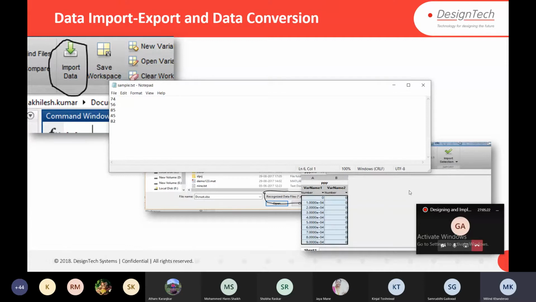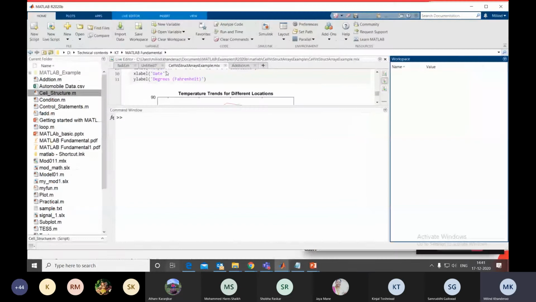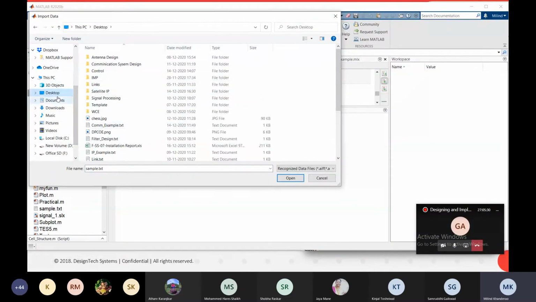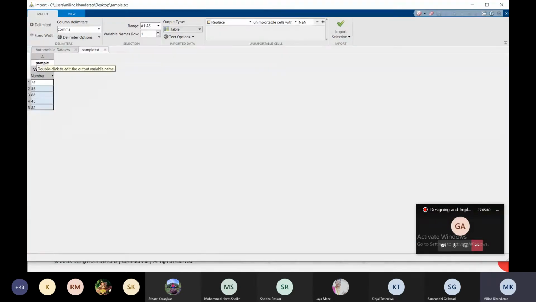And I will import that particular file from desktop. The name was sample. Okay, so that number, whatever number, that come to import section.